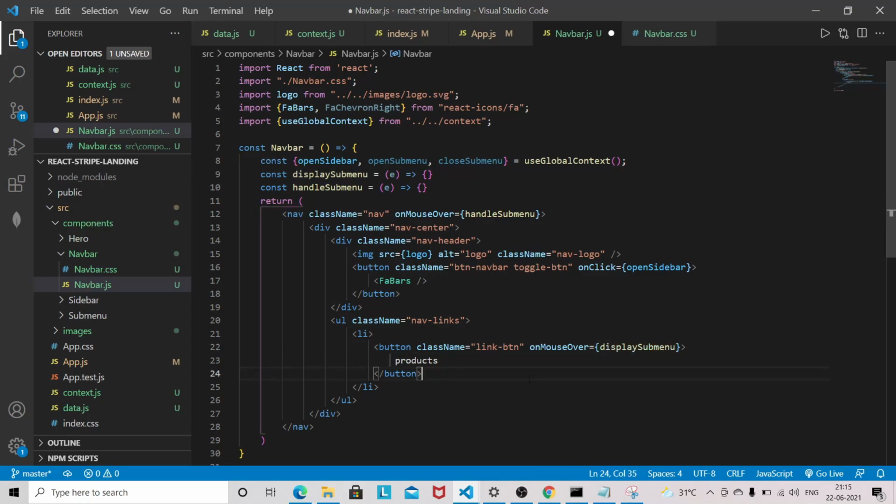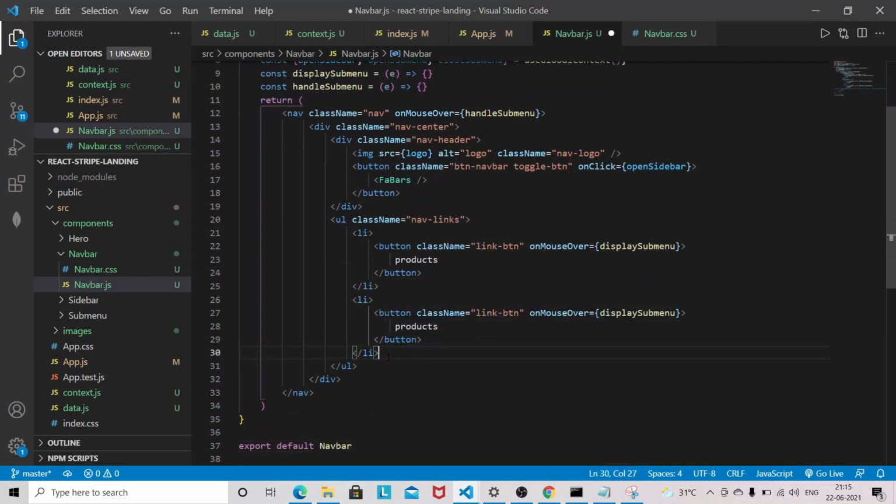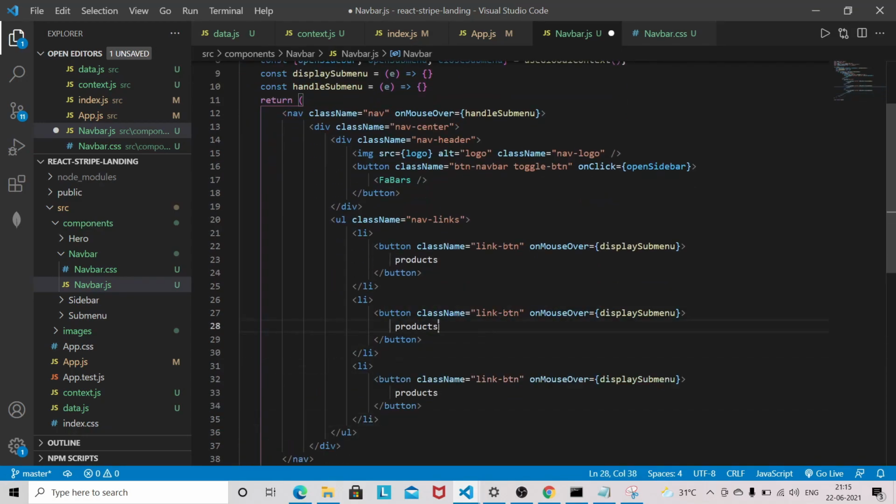So this is the li tag, and I'm going to just copy this one. I'm going to copy one more time, and this time it will be developers, and this will be the company.